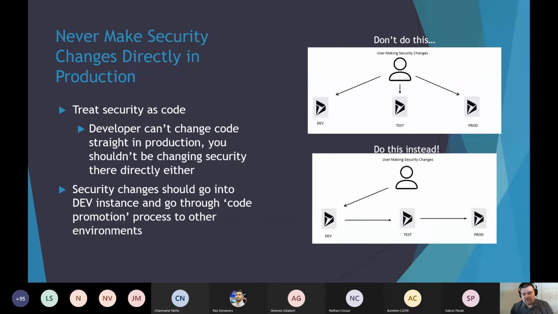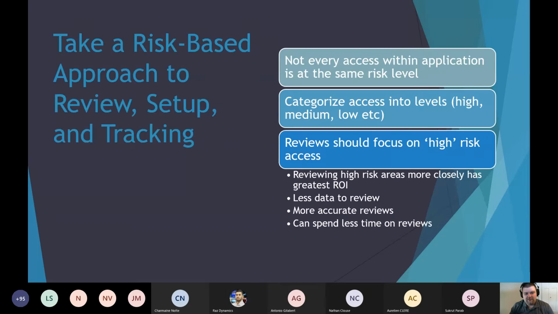So going through that process, or using ALM and going through the actual dev, test, prod hierarchy structure there, is going to provide you a much more complete and solid footing for your security changes. And again, we talked about this before, but taking a risk-based approach to your reviews, setup, and tracking, you can